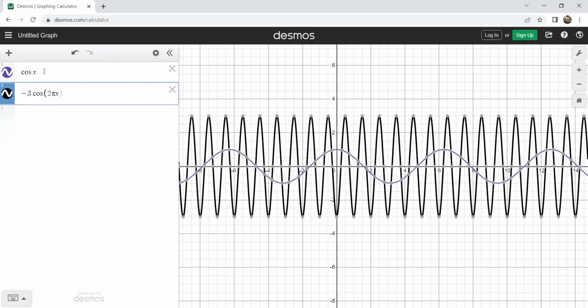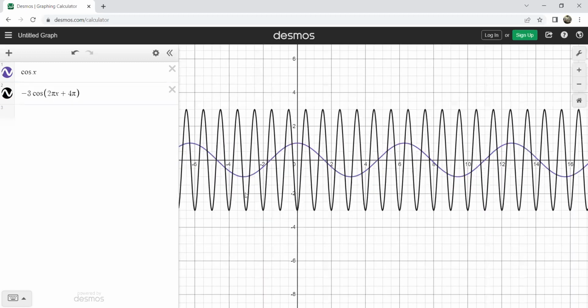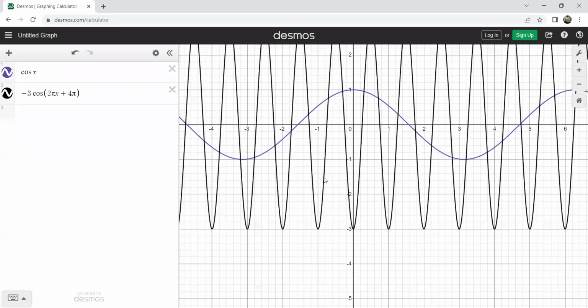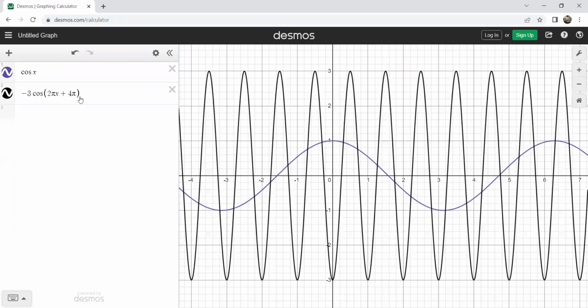plus 4 pi. Very good. This is the behavior of this function. Wow. See, the function behaves like this. So comparing cosine and this new function, take a look at your cosine function. This is my cosine function. It passes through the x-axis at pi over 2 at